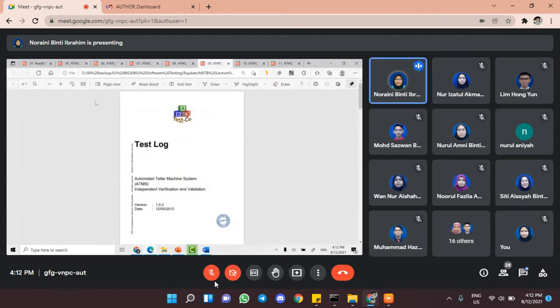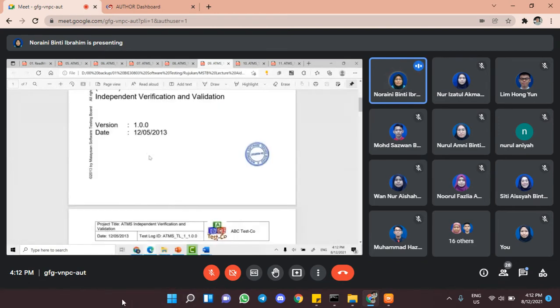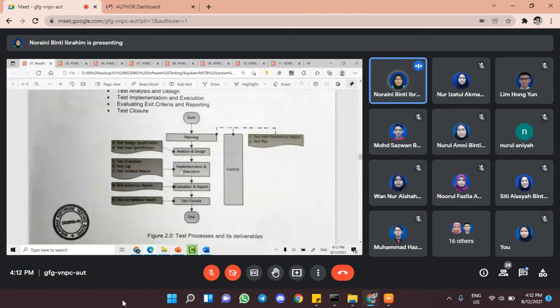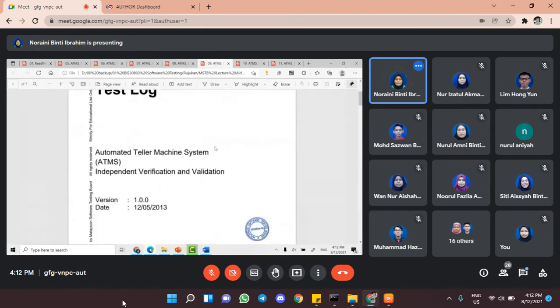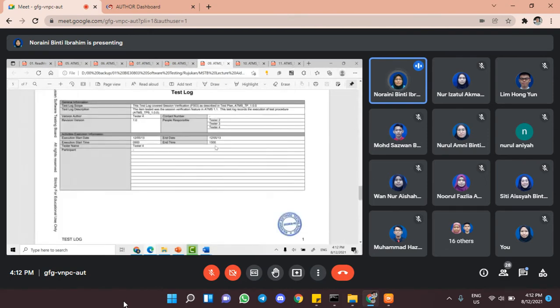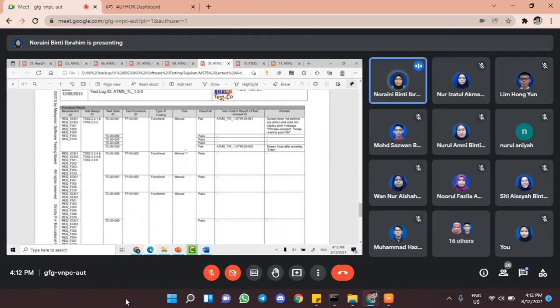Then in the previous lecture I also mentioned the test log. So what is a test log? The test log is the document produced during implementation and execution of test cases. This is an example test log. They reported the defects that happened when you execute the test cases. For example,